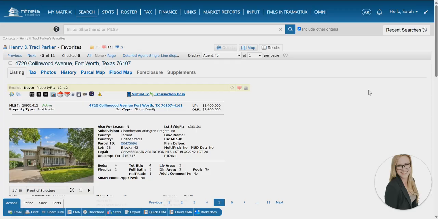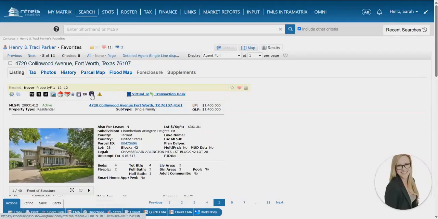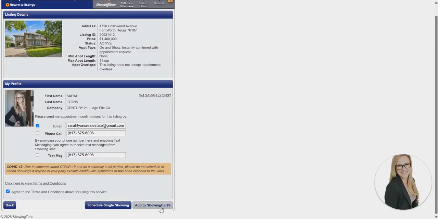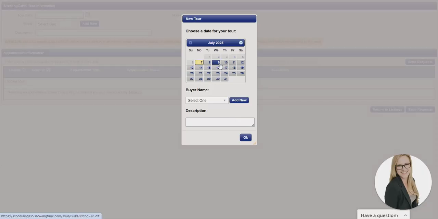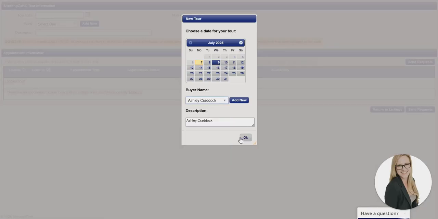Now I do want to show you an example if this service is ShowingTime instead of BrokerBay, which you can easily tell based on this hyperlink button here, but also you can tell when it's in the showing instructions, it'll say ShowingTime instead of BrokerBay. You would just click on this button instead, and it will open ShowingTime. With this system, it does have a slightly easier user interface, I believe. We don't use the system anymore since it was bought out by Zillow, and so our board of realtors switched us over to BrokerBay, which is free, which that part is nice,